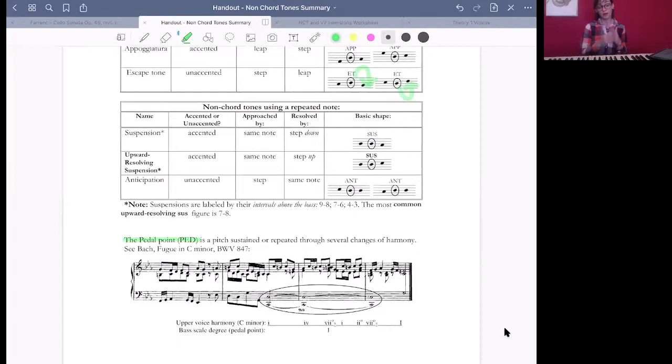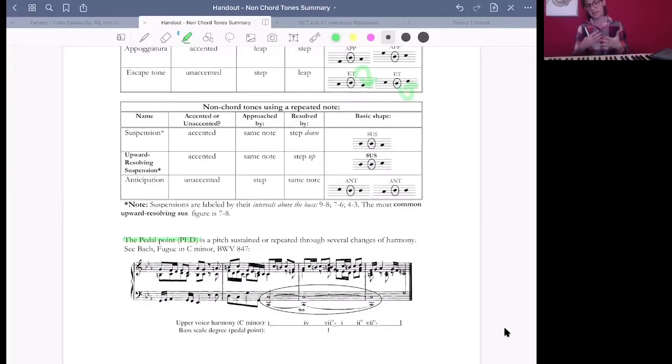So whether or not it is a chord tone, pedal points usually start as a chord tone and then harmony keeps happening, but the pedal stays there. And then eventually the harmony comes back to the pedal point being a chord tone again. So there's harmonic dissonance in the middle there that the pedal point enacts. Again, you do not have to have this memorized, but keep it for reference and keep in mind as you